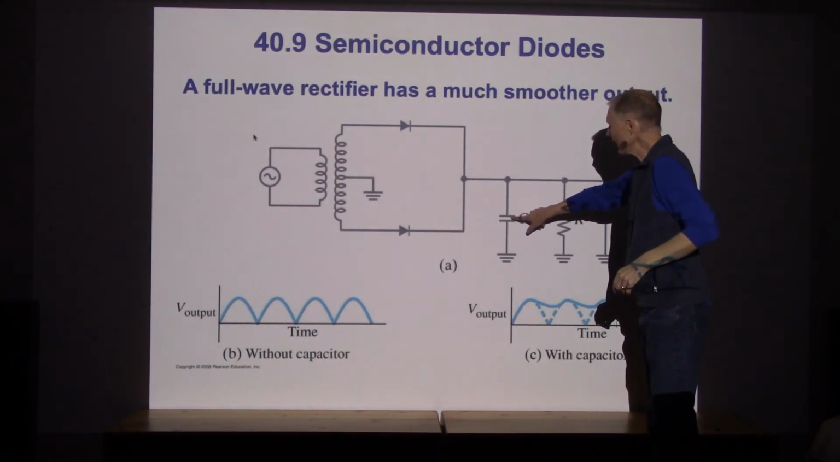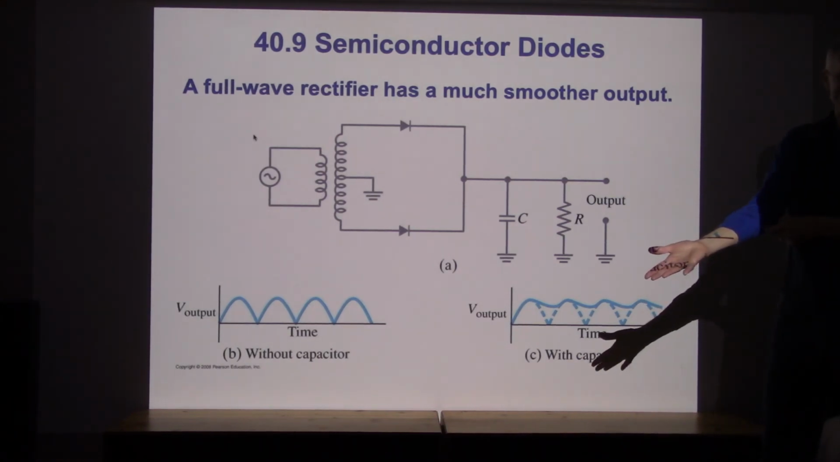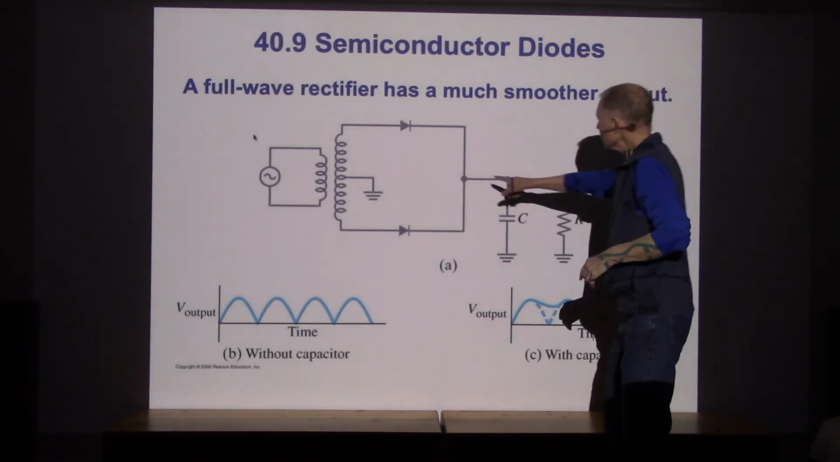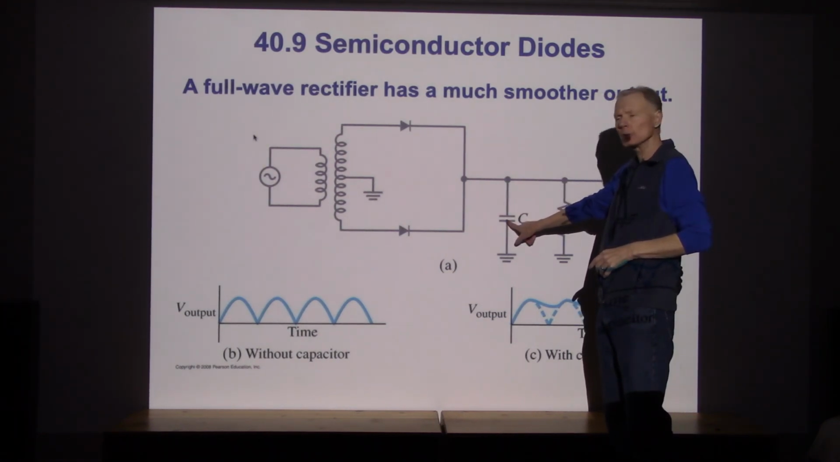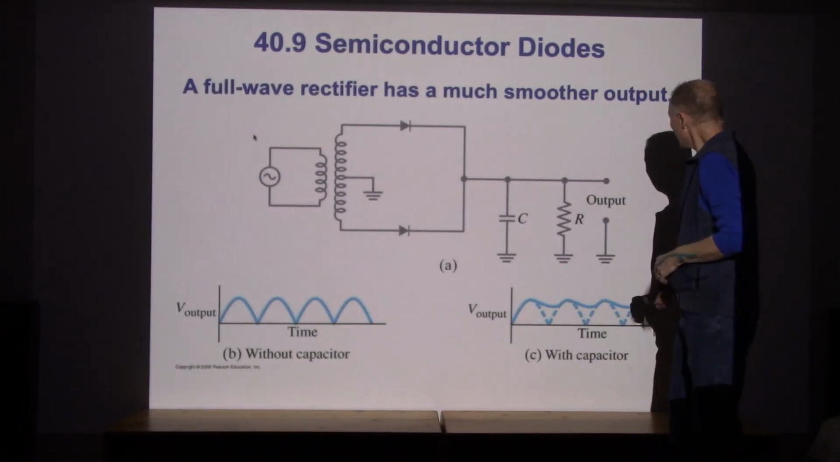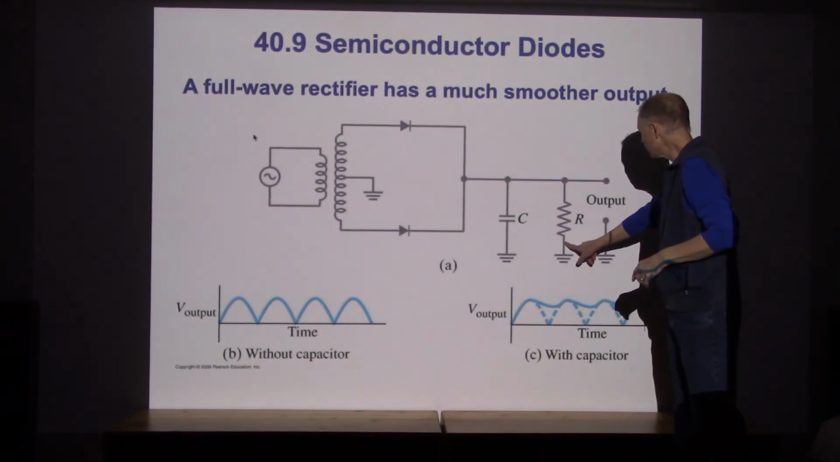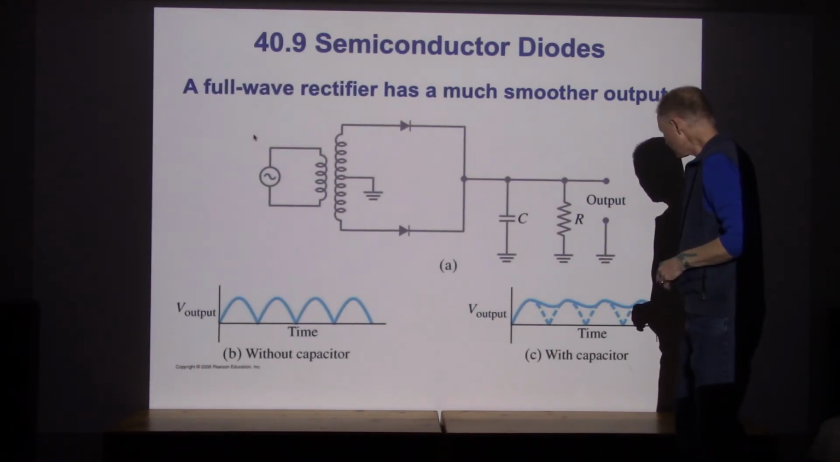Now, there's a capacitor, and if you guys remember from Physics 4b, capacitors store charge. So when the current becomes really high, some of that gets stored in the capacitor. When the current drops off, the capacitor releases that. And then we have an output. We have a resistor here also, and then we have an output. Now what's happening is,